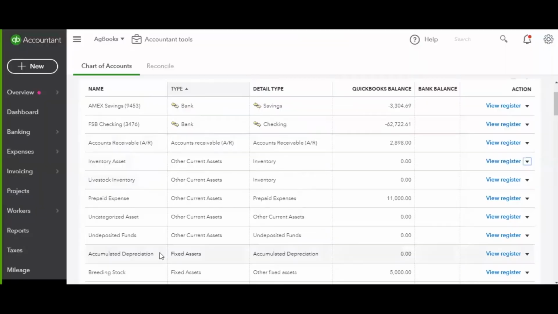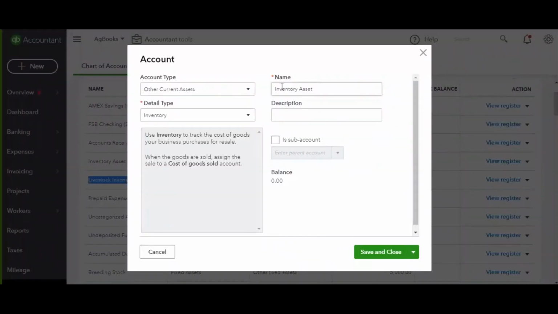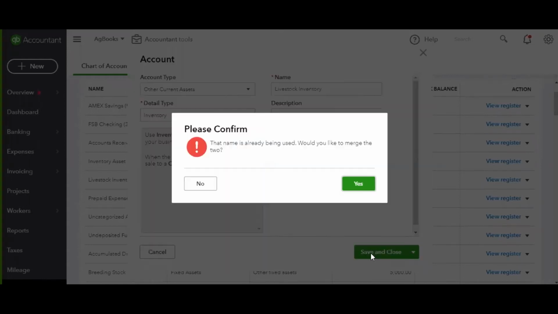So you can see here that they are the same detail type, which is important. And then just note the name. So we have livestock inventory right here. And so we go to edit and we're editing the inventory asset. We're going to make this livestock inventory. As long as the detail type and the name are exactly the same, then you hit save and close and